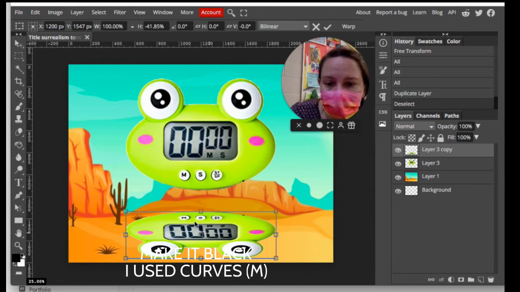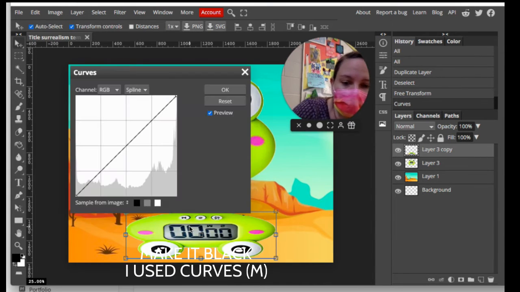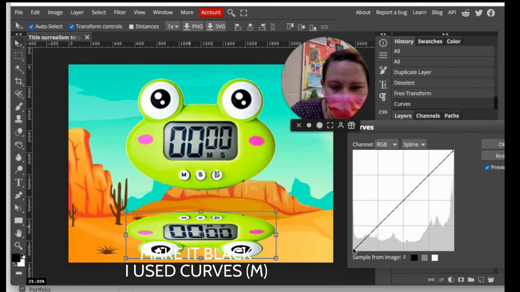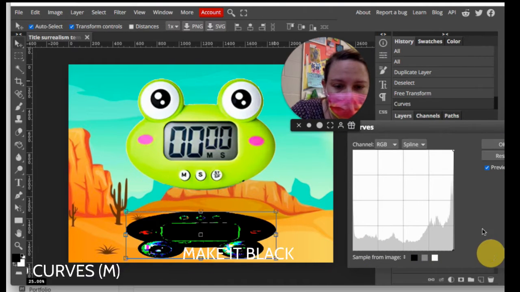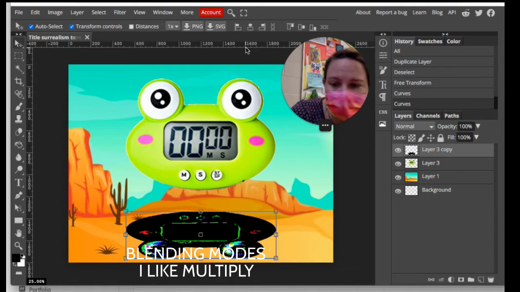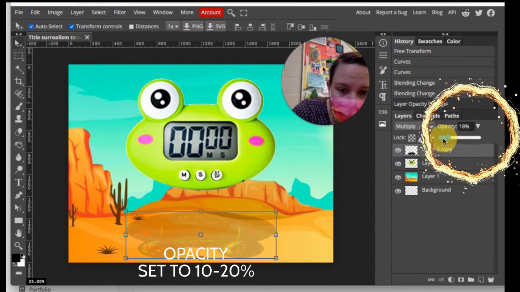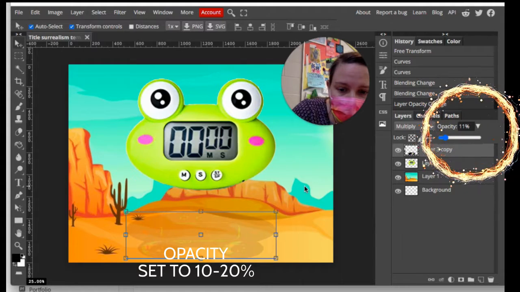I'm going to go to the curves, which is Control M. If any selection hasn't been confirmed, just hit Enter, and it will confirm it. So I'm making this all go black very, very nicely, just like so. And I can also set it to a multiply. Layers, tiered blending modes. And I think the biggest thing that's going to really help is I'm going to pull the opacity down like so. And just like that, I